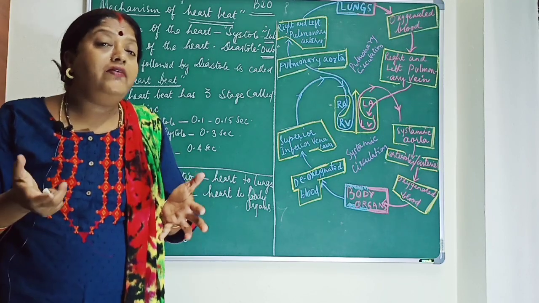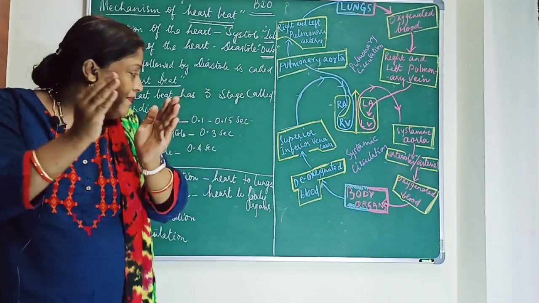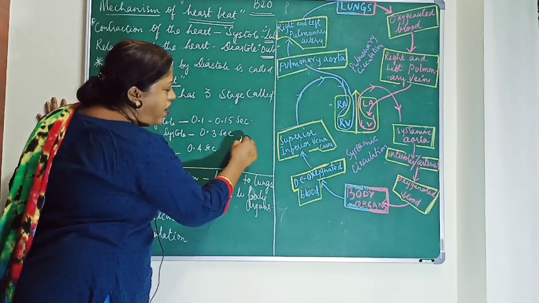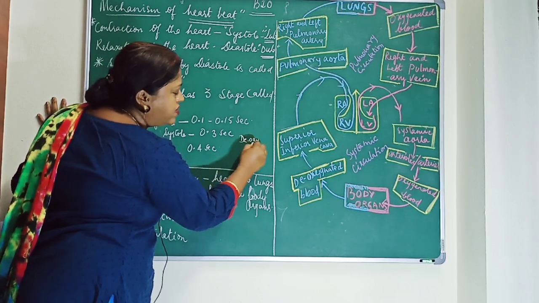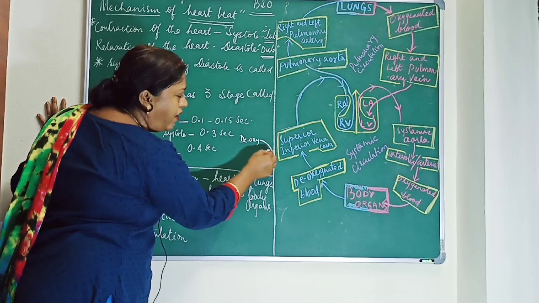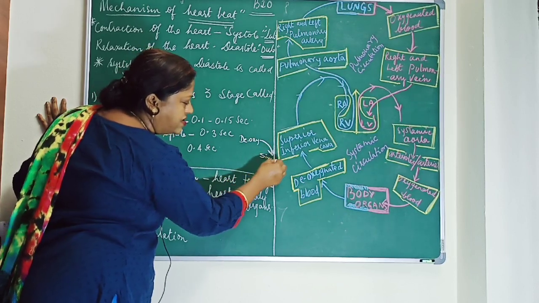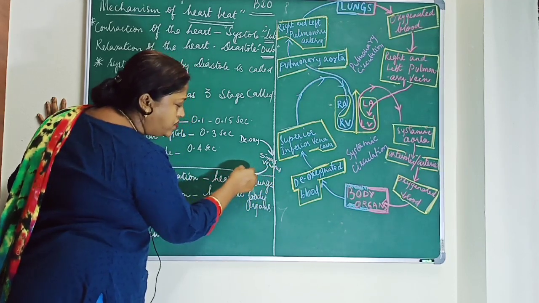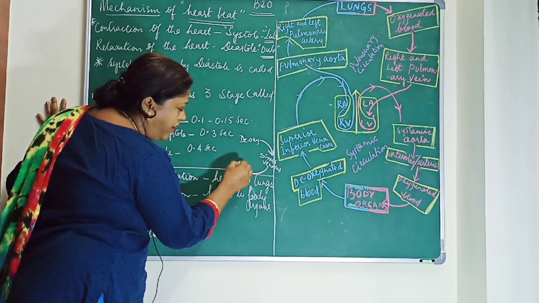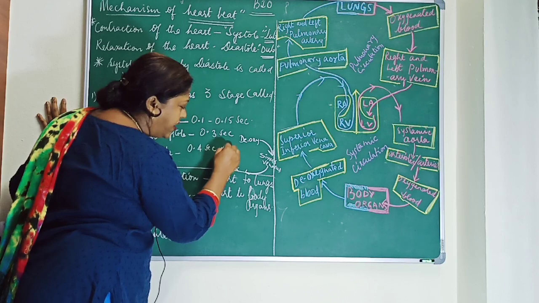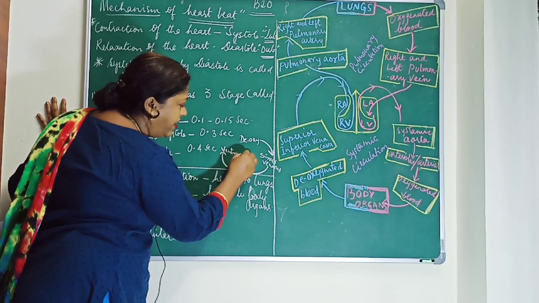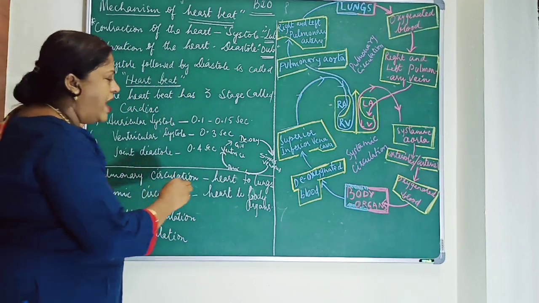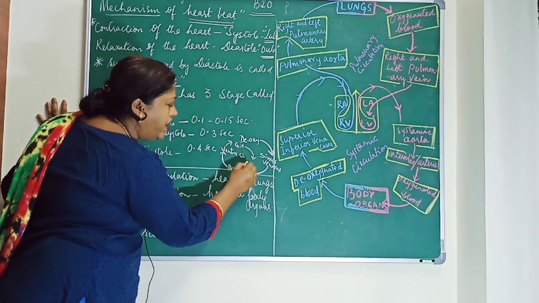Okay. So how does it take place in fishes? The deoxygenated blood, here I will be writing, children. So the deoxygenated blood. Okay. So this is all collected in the chamber called sinus venosus. Okay. Sinus venosus. Follow. And then from the sinus venosus, the blood goes to the auricles. Okay. Then from the auricles, the blood goes to the ventricles. Okay. And then from the ventricle, it goes to the gills. Okay. It goes to the gills. And from the gills, it goes to the body organs.